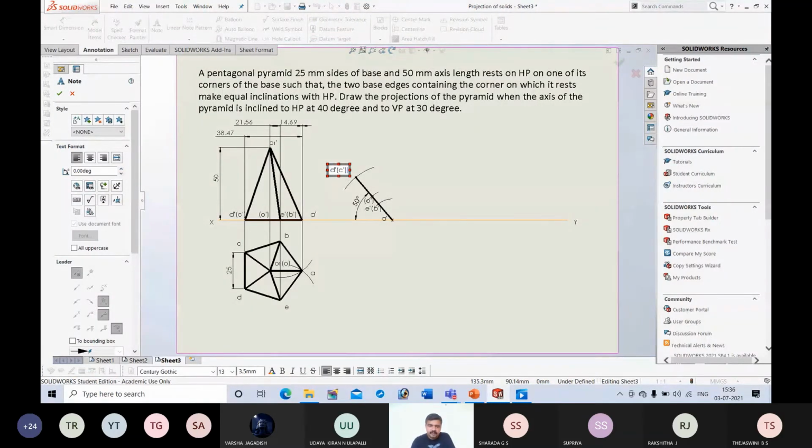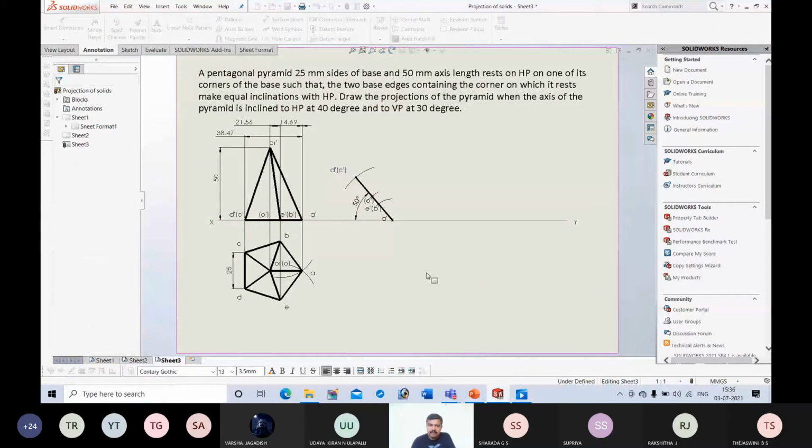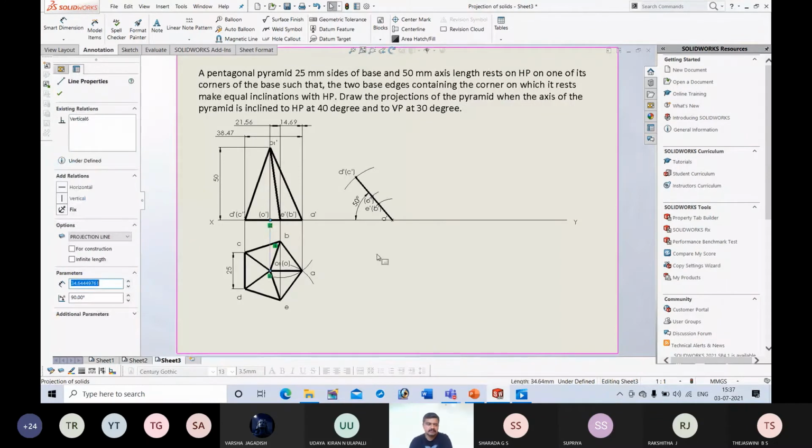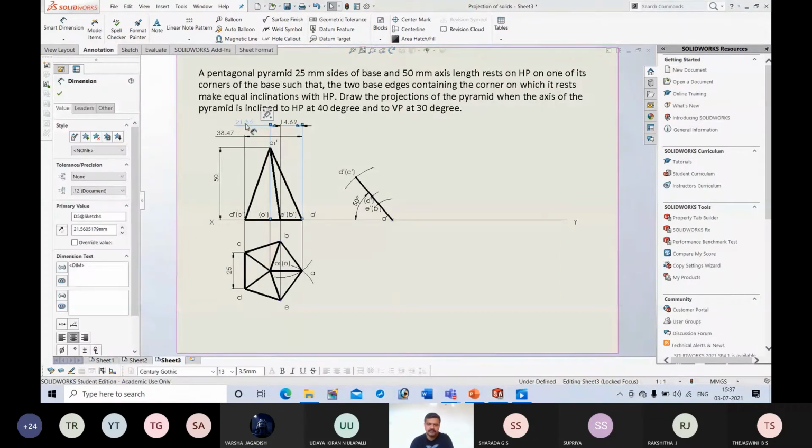Okay, so after getting the points of the base, what we are doing is we are redrawing the same front view. It is like projection of planes only. We are redrawing the same front view to satisfy the inclination with respect to HP. Before that, this should be the axis line. I took these dimensions, and now I will delete the dimension values. This line should be the axis, it should be chain dash.